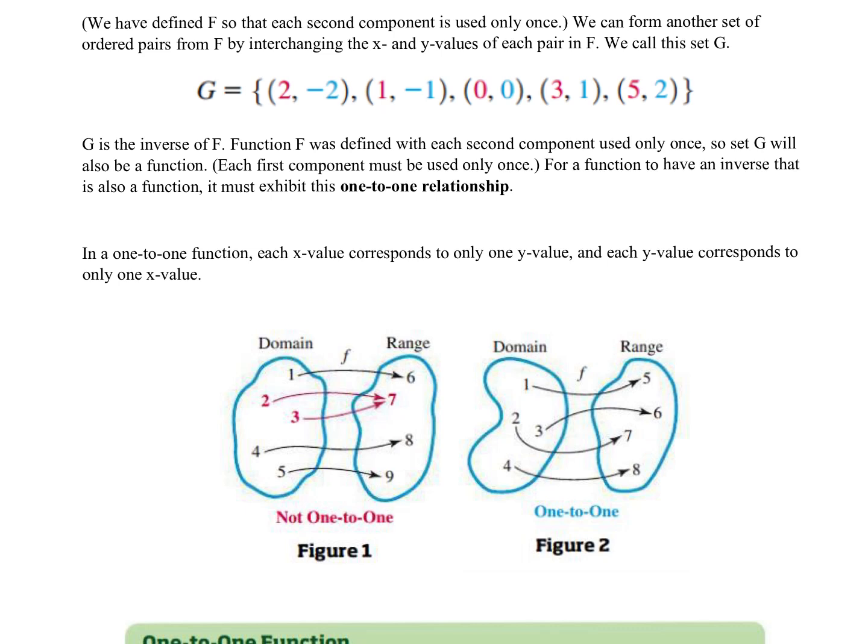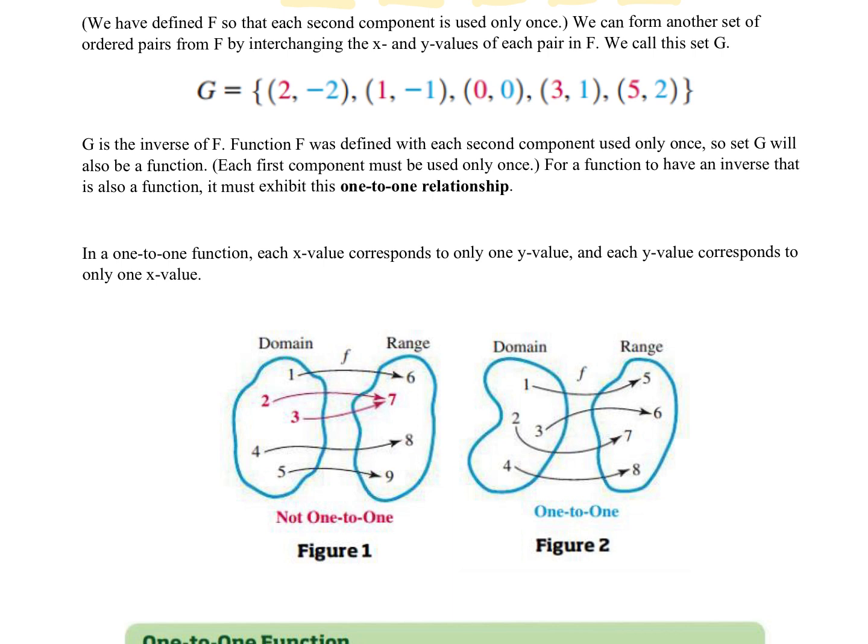Okay, today we're going to start looking at what is and isn't a function and inverse functions. So suppose we define the following function f as the ordered pairs listed. So -2 goes to 2, -1 goes to 1, 0 goes to 0, 1 goes to 3, and 2 goes to 5. We've defined this function f so that the second component, the y component,